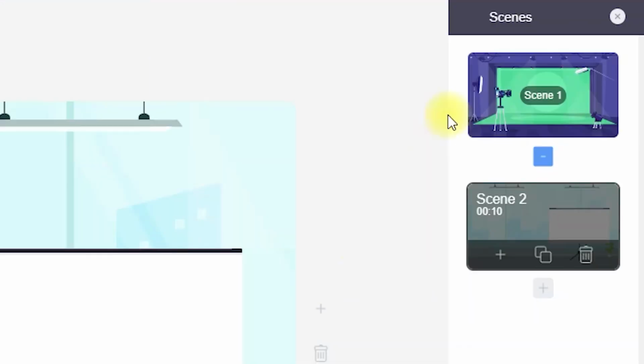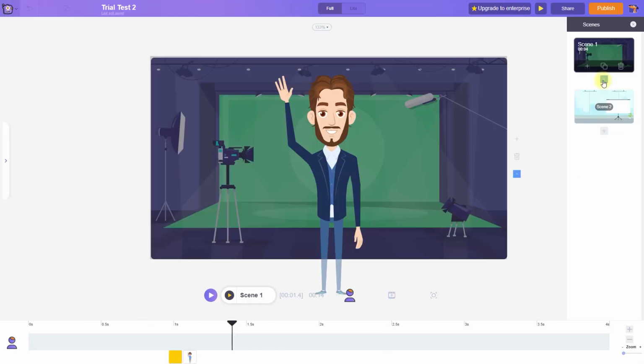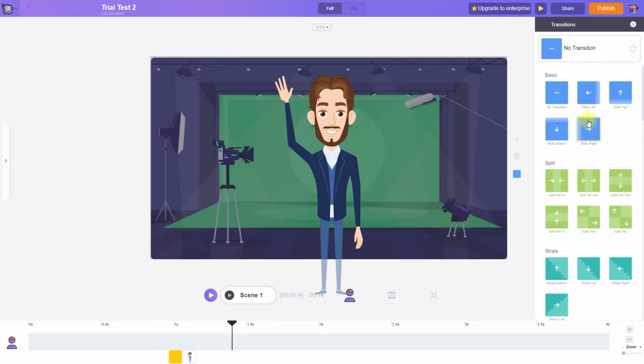Also guys, here you can see a blue box. This is for video transitions. You can also add some really cool transitions. I wasn't expecting Animaker to provide these good transitions. They are really good. You can see these are basic transitions which are available in most video editors, but have a look at these,